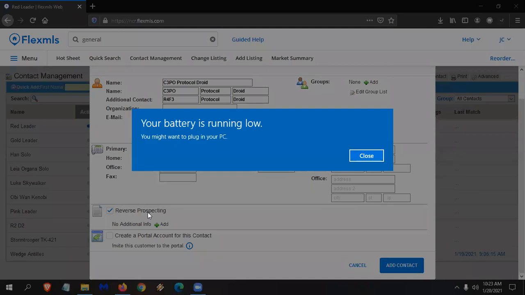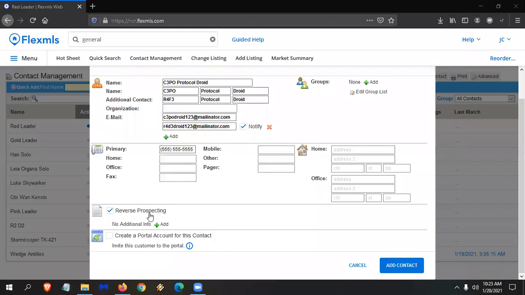Hold on one second. I've got to plug in my computer. Sorry for the noise. Okay, let me just make sure that this is plugged in correctly. Okay, so